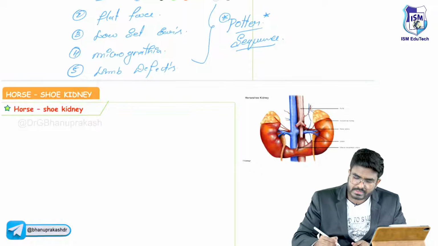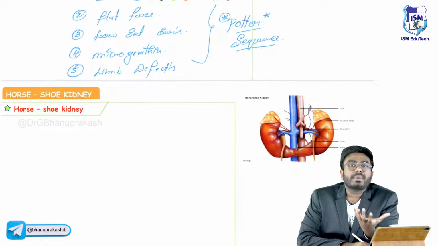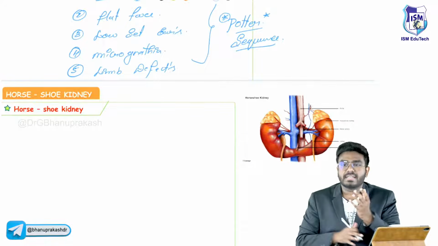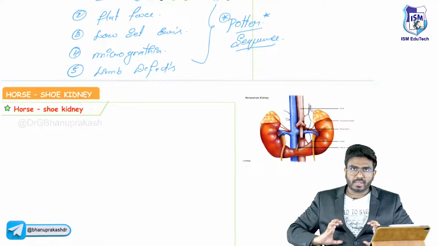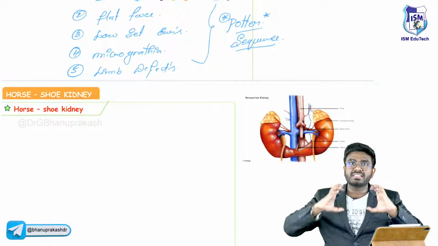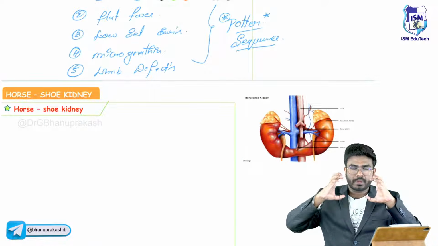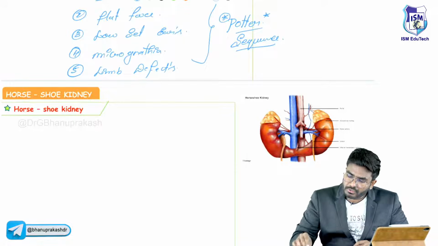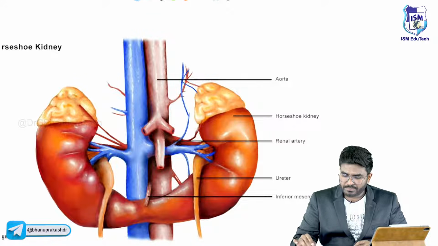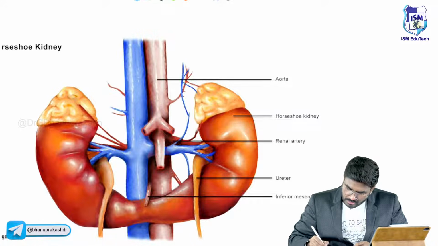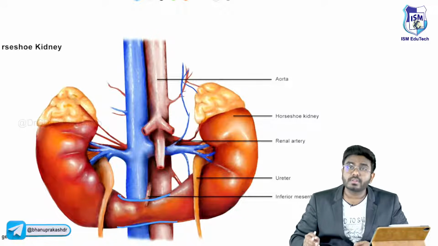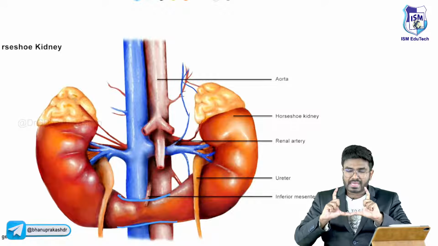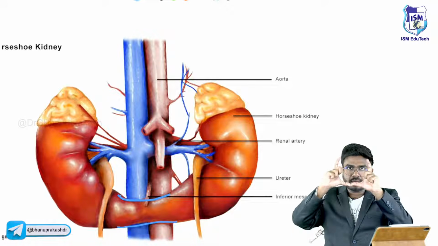Normally kidneys are formed in the pelvic region. Both the kidneys form in the pelvis, and then they ascend up into the abdomen. But when you have such a kidney, see, here the lower poles are fused. Now when these kidneys are ascending up,